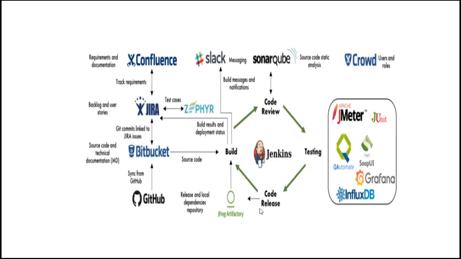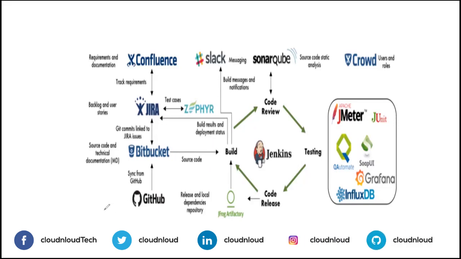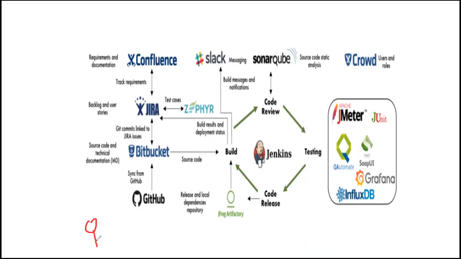Here, first we will walk through a couple of sample workflows. In this workflow, there is a developer, sitting somewhere here. This developer has created some Java code. We will go with Java code, and assume he is developing a small application in Java. He pushes the code to Bitbucket, as per this diagram. The moment he pushes the code to Bitbucket, automatically Jira detects it, and it also gets documented.